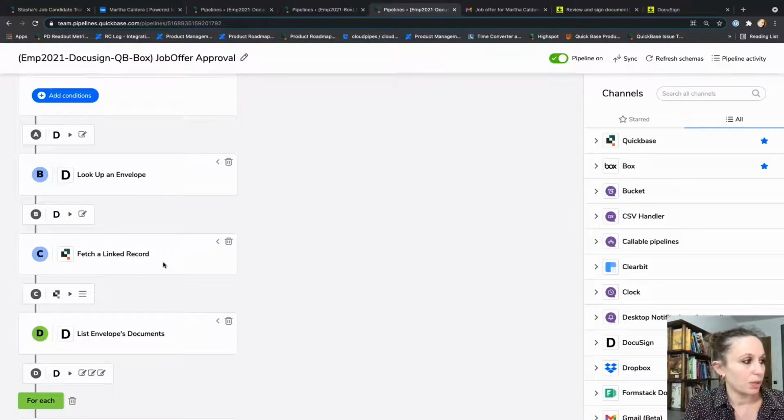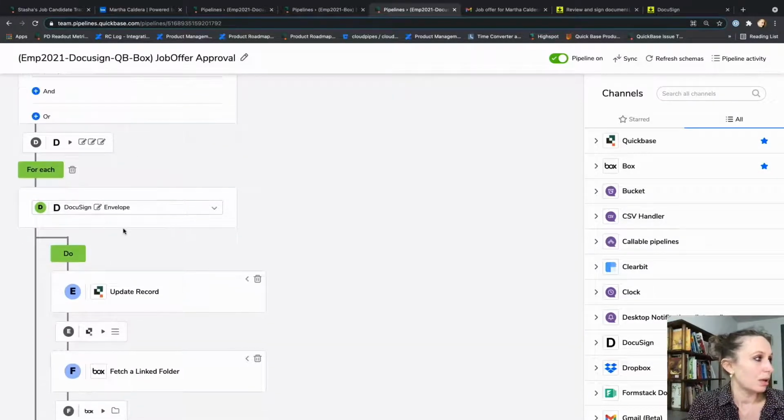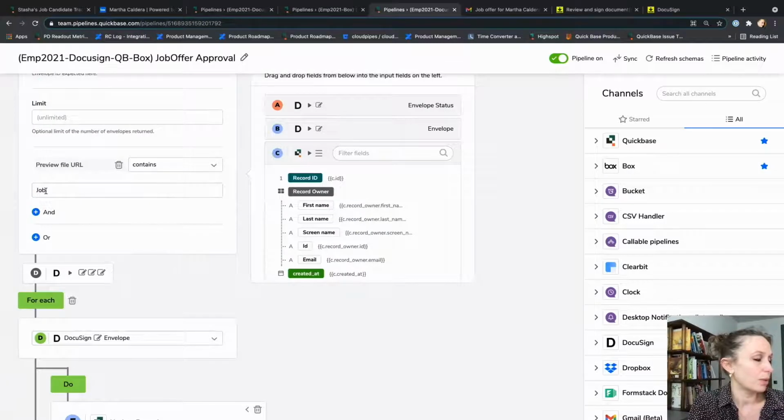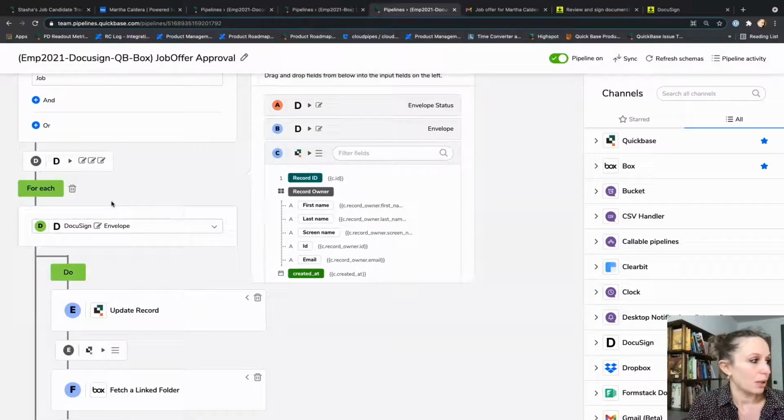This is a place where we use the fact that we linked the original candidate record to the envelope that we send them. So we fetch the linked record and we list the envelope's documents. It could be just a single document that we've sent over. They could be multiple. DocuSign is always adding one additional certificate of the signatures. That's why we always get a list of envelope documents in DocuSign. That's why we need to find the one that we are interested in, the one that starts with job, and iterate over them,